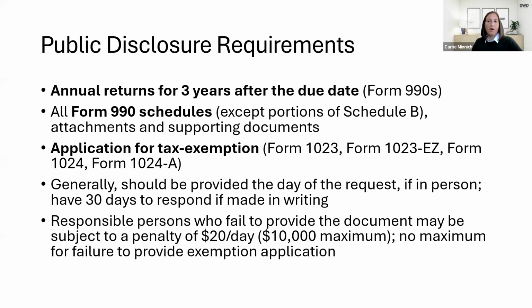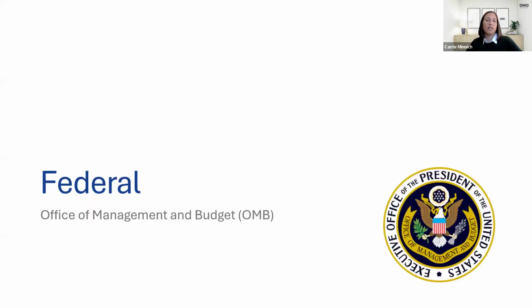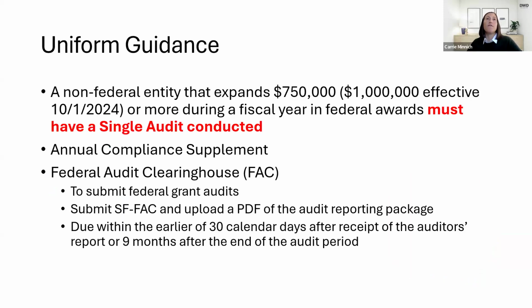All right. Moving on to another federal entity, the Office of Management and Budget, the OMB. Some of you are probably very familiar with OMB, while others may not be so familiar. For those organizations that receive government funding, you should be familiar with this. So if you are a nonprofit that expends $750,000 or more, and this actually just increased to $1 million effective October 1st, during the year, you must have